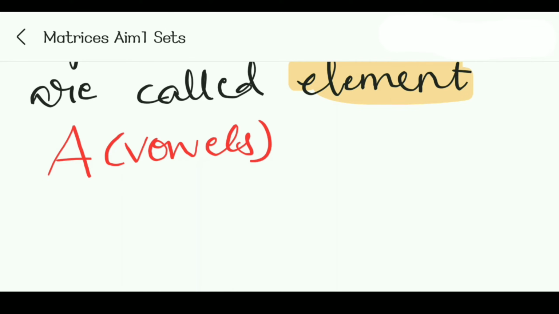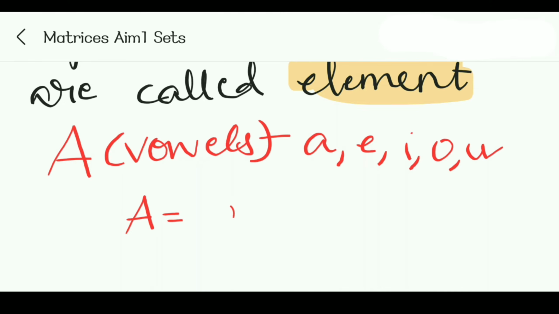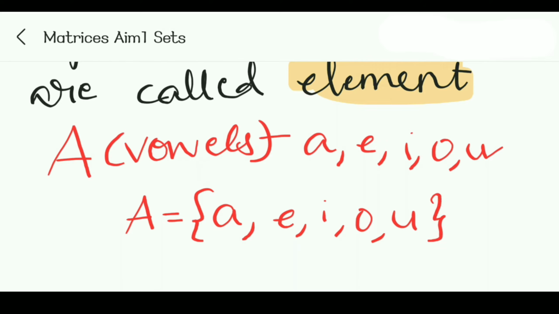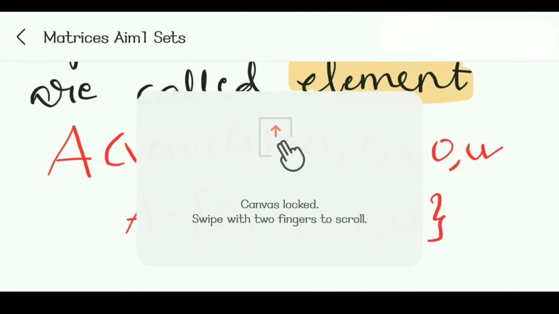Whenever you hear vowels, immediately it strikes your mind that they are A, E, I, O, U. These are the objects, that is, the elements of this set. Now A is equal to {A, E, I, O, U}. It is enclosed in between flower braces.